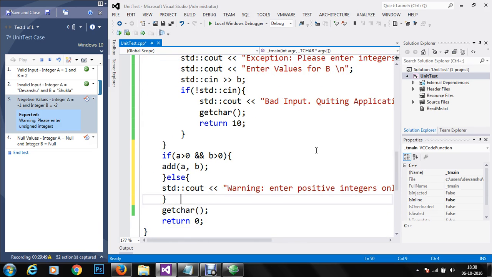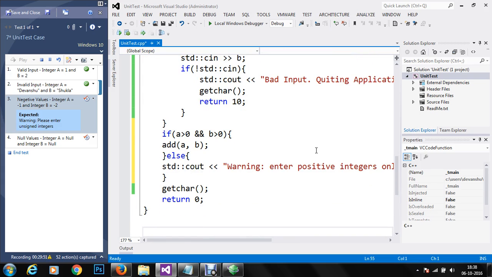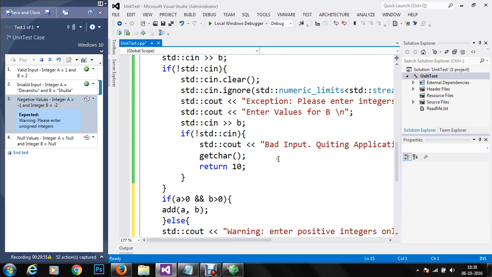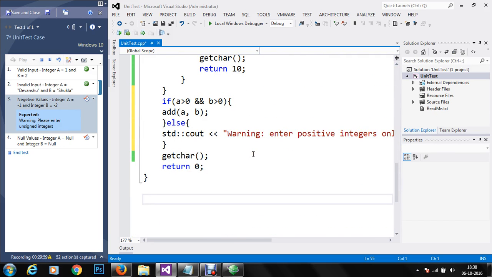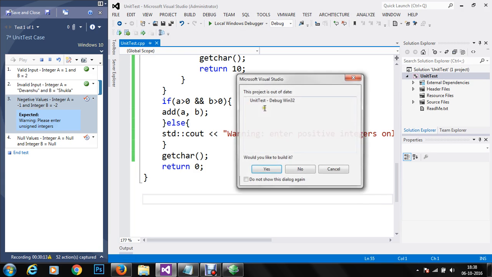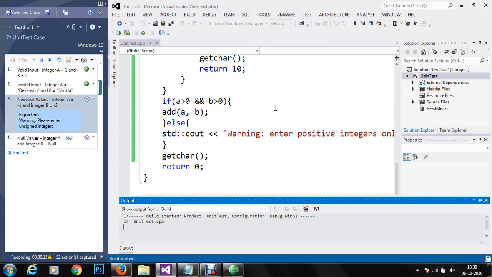And once it is done, we can take the user input again. So that could be written in another method wherein we can take the inputs. So we'll get a warning if we do not provide positive integers. So let me just save it and run the test.